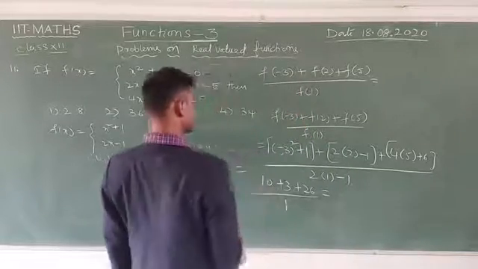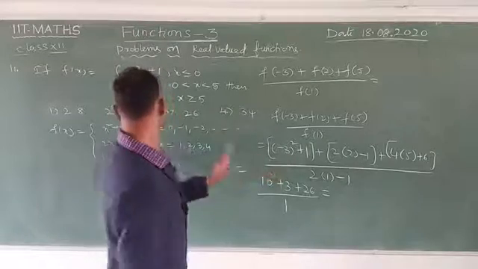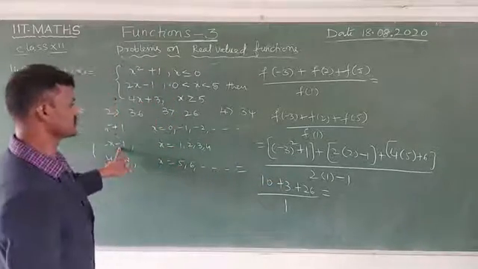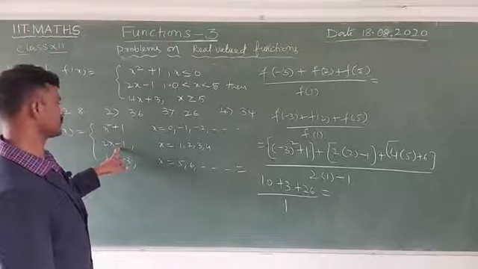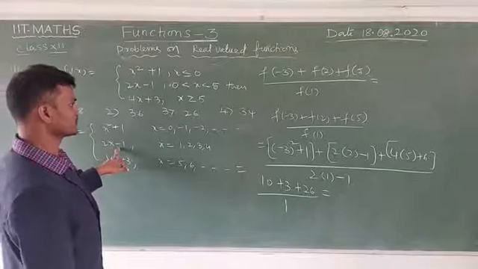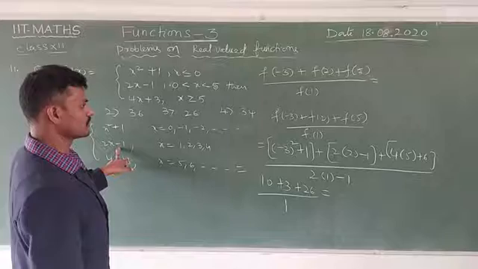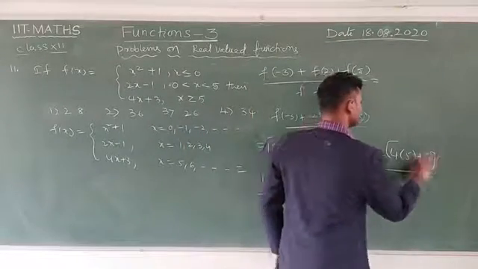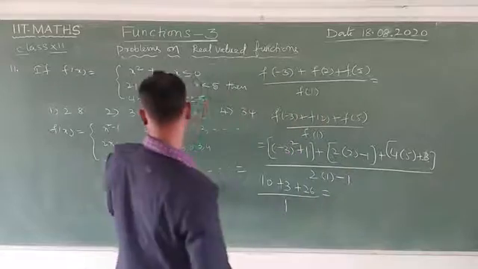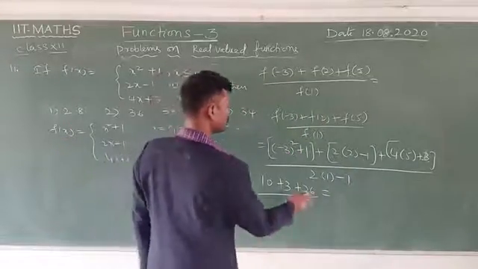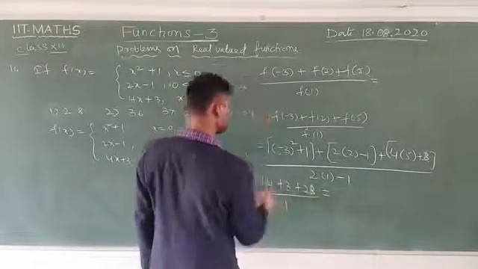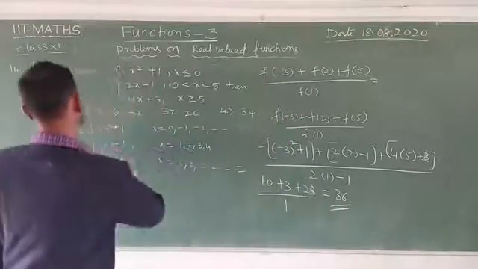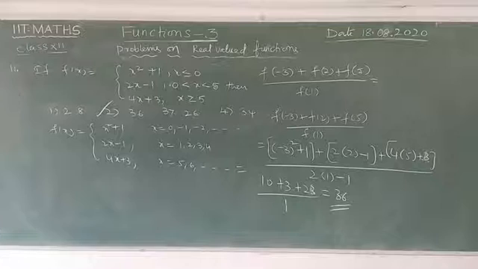26, 29, 39. Here 3 square 9, 9 plus 1 10. Next one is here 2 into 2 4, 4 minus 1, 4 minus 1 3. Okay, next one is 5, 4 5s are 20, sorry this is 3, 4x plus 3. Now this is also 23. Now you can write here this is a 36. Which option? Second option. Note down.